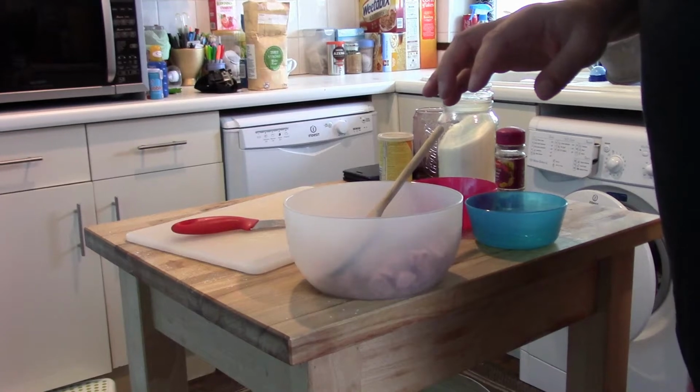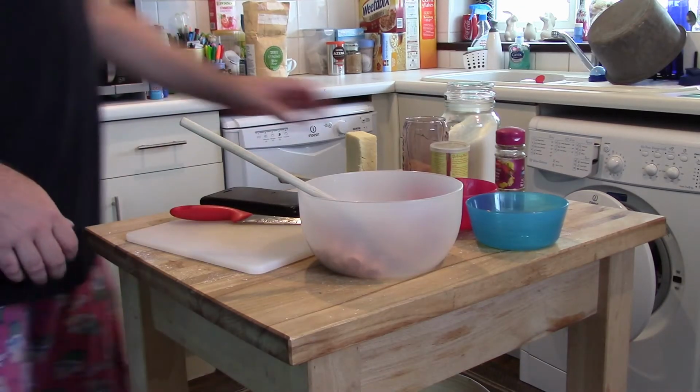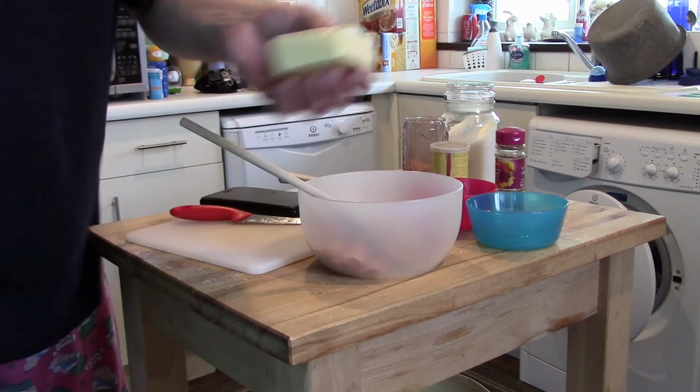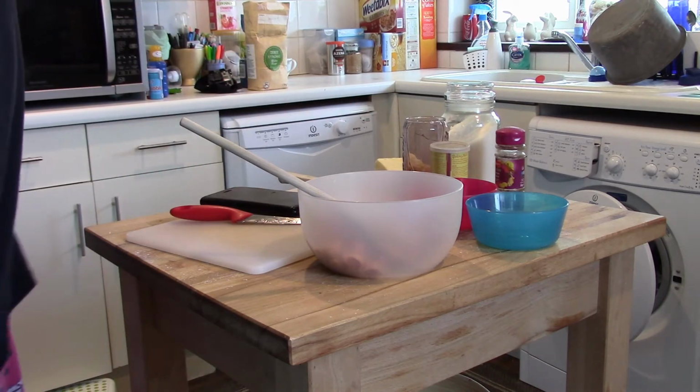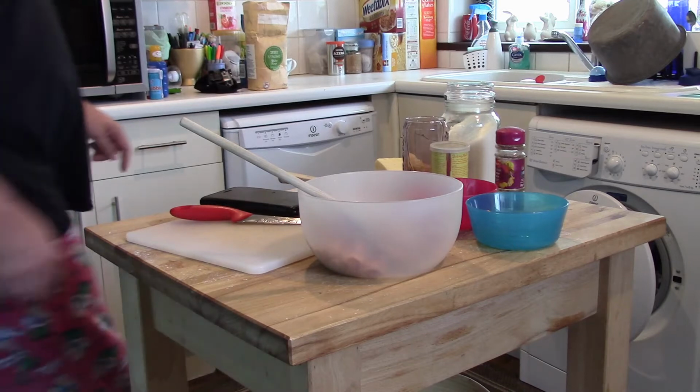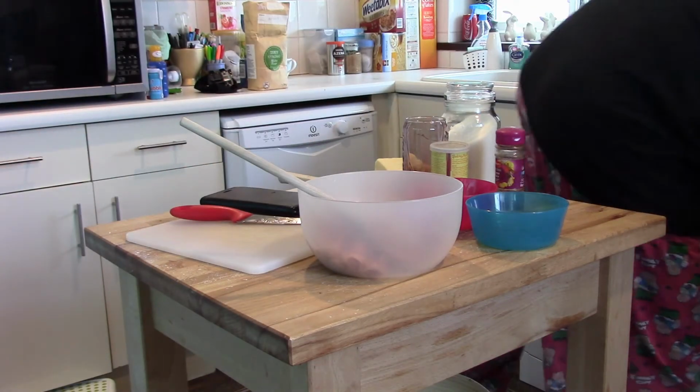Thank you very much. So now I'm going to grate the cheese, put that in there, and then mix it all in. So in case you don't want to watch me grate cheese, well, I could grate cheese and then